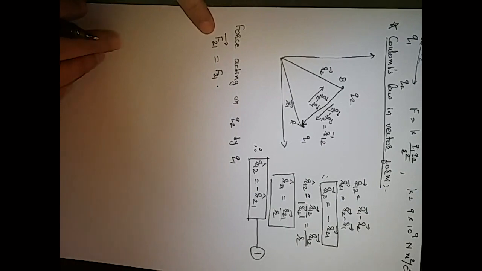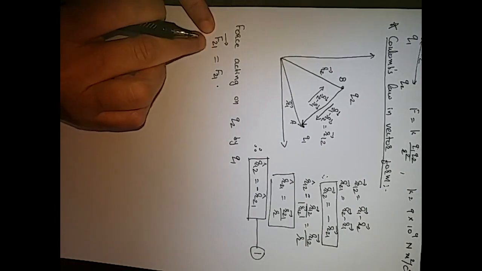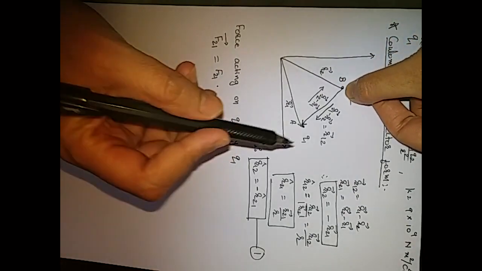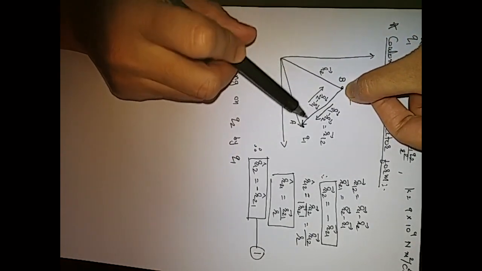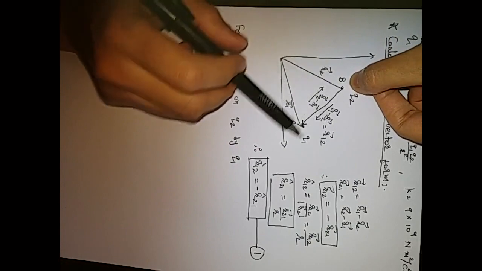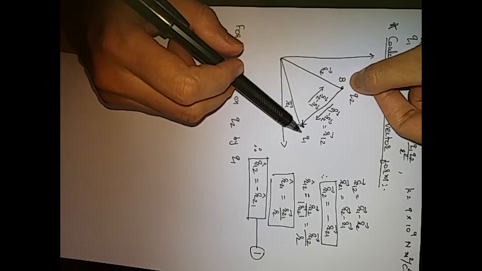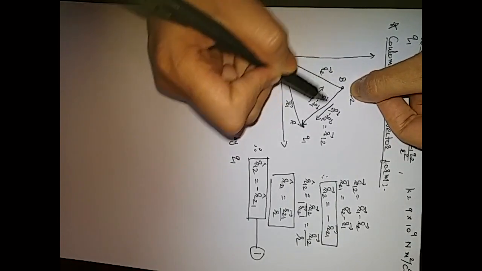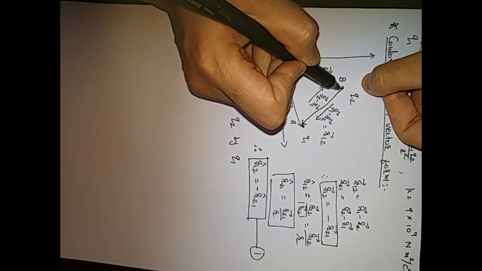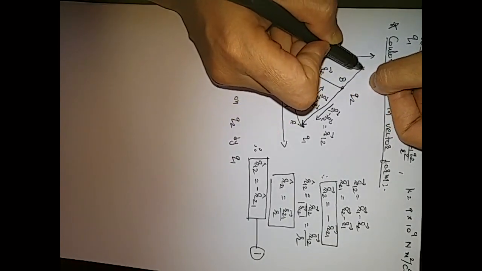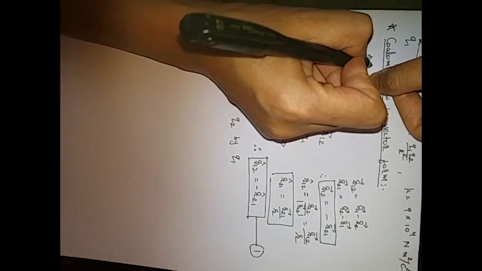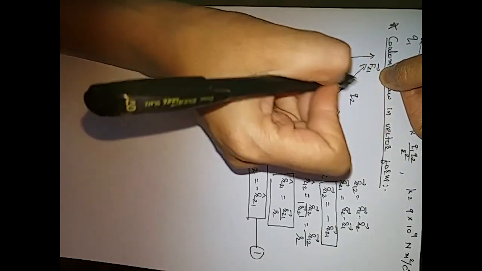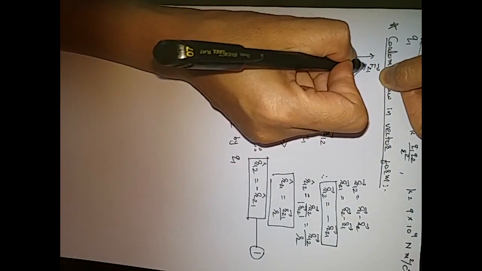What should be the direction? Direction of force on 2. This is my charge Q2. Who is producing the force? Q1. Here I have considered that both charges are like charges, so there will be a force of repulsion. Due to the force of repulsion, Q1 will push Q2 away. So this is the direction of F21. F21 will act in this direction.